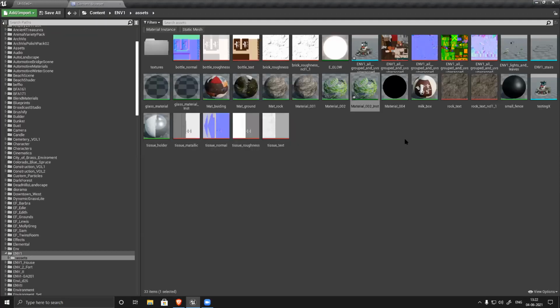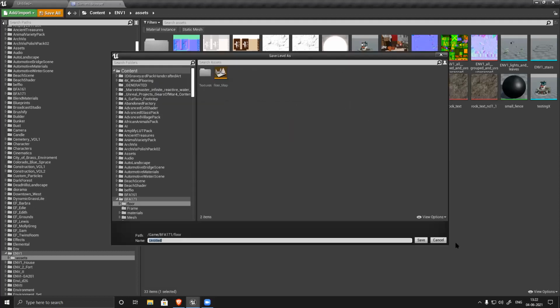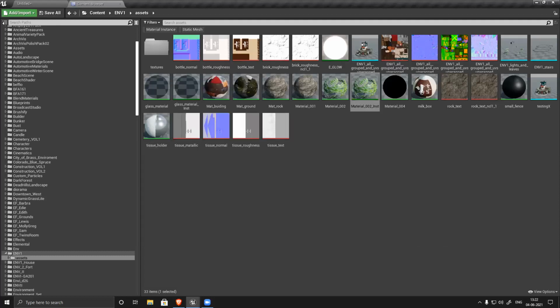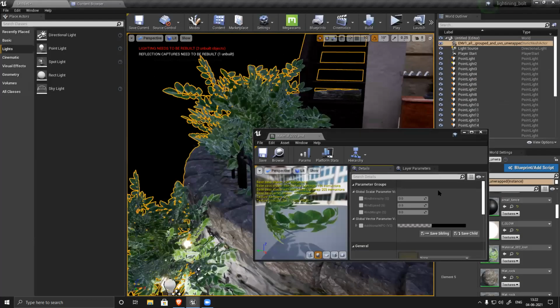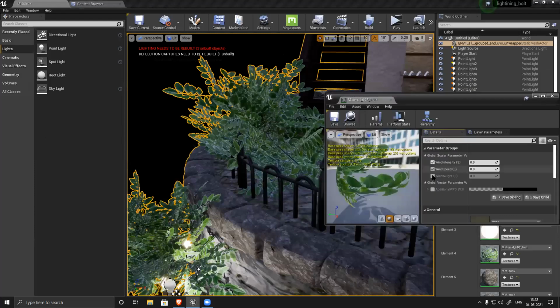Now double click and open your instance, save it, save everything, and open it. Go to your scene. Now you can see all these options are there. Just simply switch on them. Increase it slightly, very little value. Now you see it started moving. Do not add too much value, very little value.